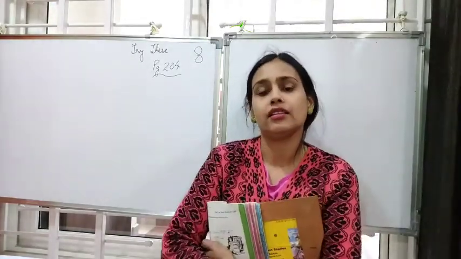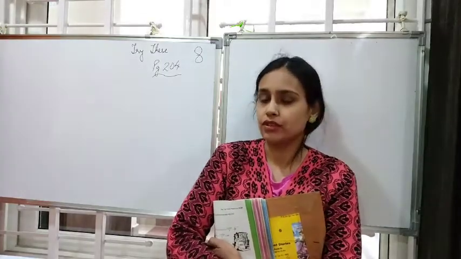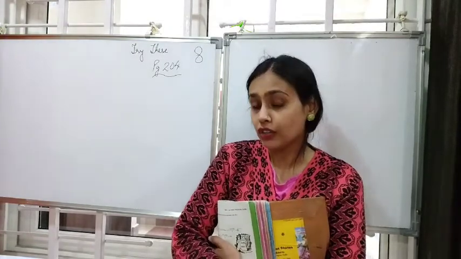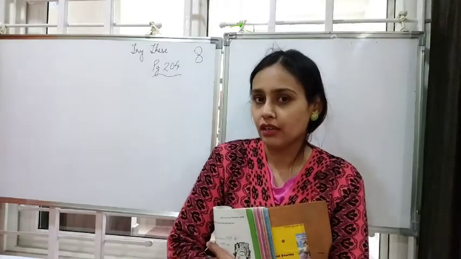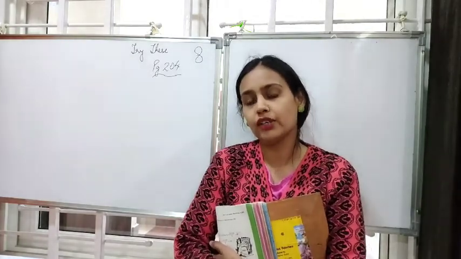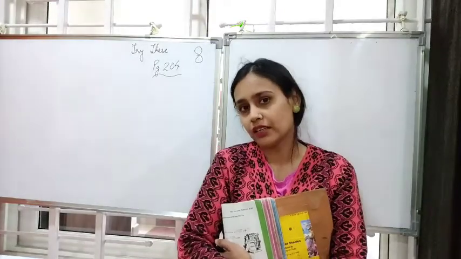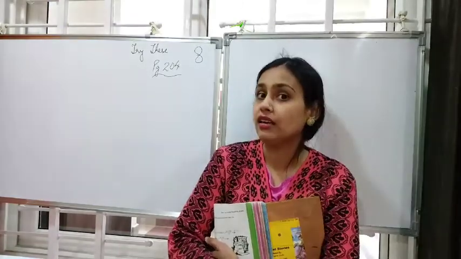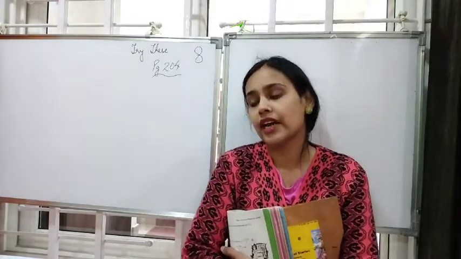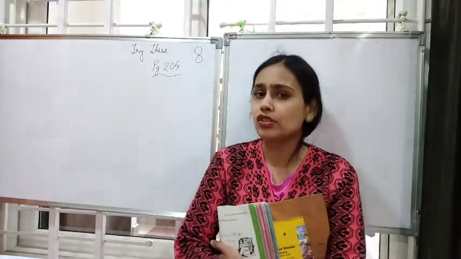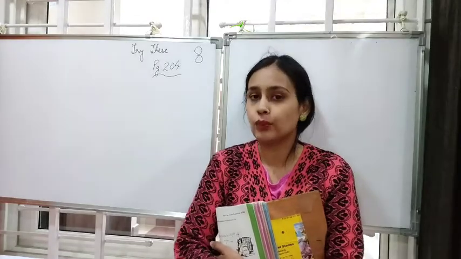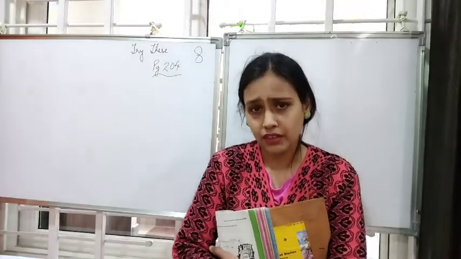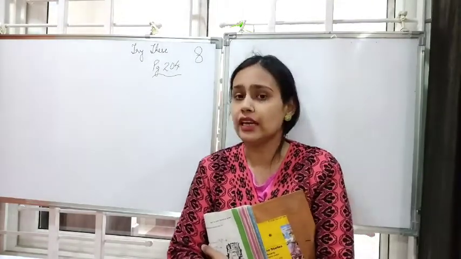We are studying the chapter Direct and Inverse Proportions, where we studied some situations. We also studied that when we consider two values, and the one value increases and corresponding to it the second value also increases, then both the values are said to be in direct proportion. For example, cost of 1 kg sugar is rupees 10, cost of 5 kg sugar is rupees 50, cost of 10 kg sugar is rupees 100.